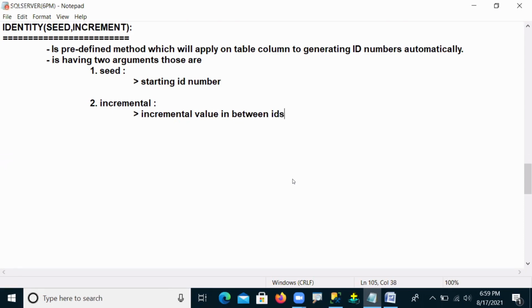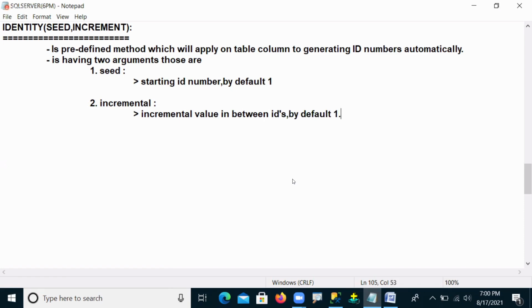And suppose the user is not giving any seed value, what happens here is that it will be taken as 1 by default. In the same way, when the user is not giving an incremental value, then it takes 1 by default.